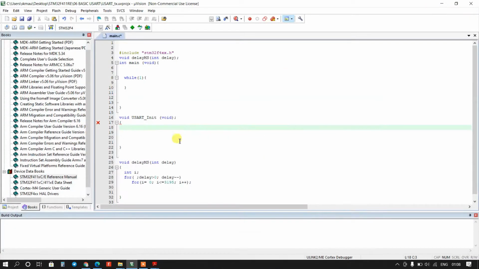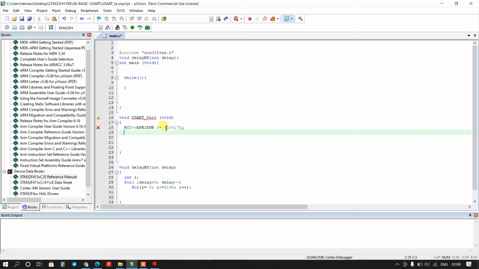Okay, so I will type here RCC APB1ENR or equal to, we have to set the 17th bit, so 1 left shifted by 17.